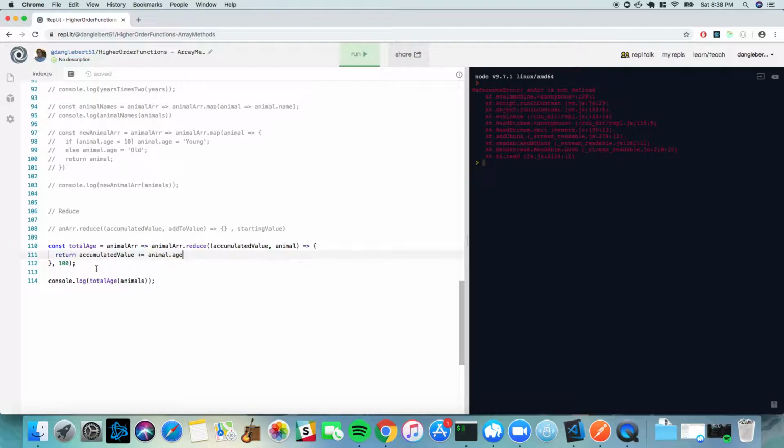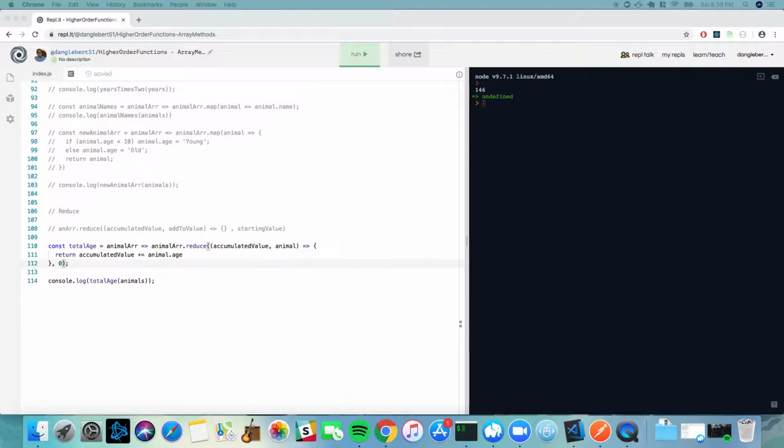If we put the starting value as 100 over here, then we'll get 246. So it's literally just your starting point. Now, to get into a more difficult problem of reduce, where you could see the power of it beyond just starting from 0